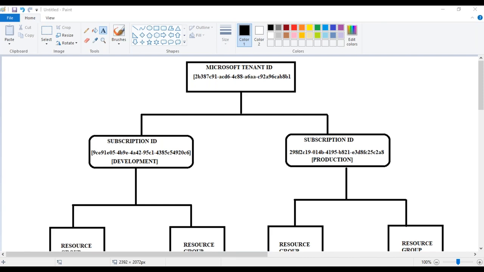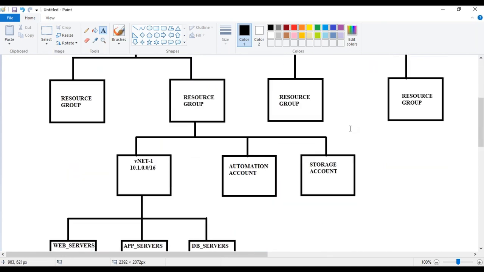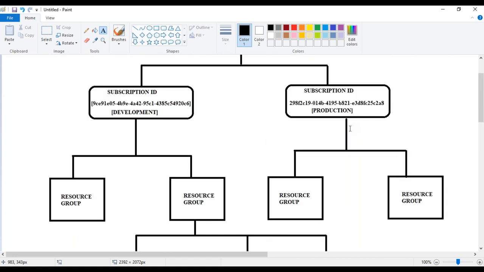Is the resource group a unique one? I'll come to that. I'll explain about the resource group next. But my expectation is that the hierarchy is clear. If that is clear, we can go into the resource group and discuss that. Okay, thank you. Any questions, guys?